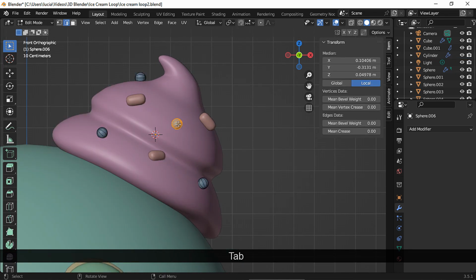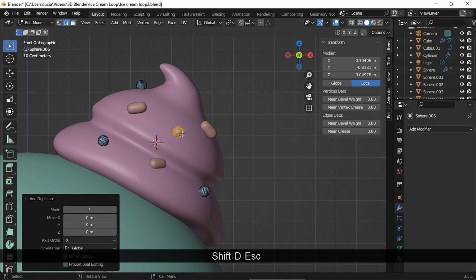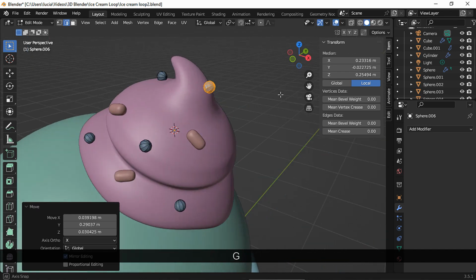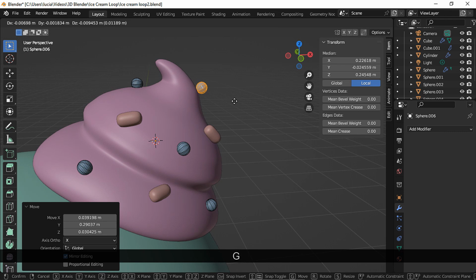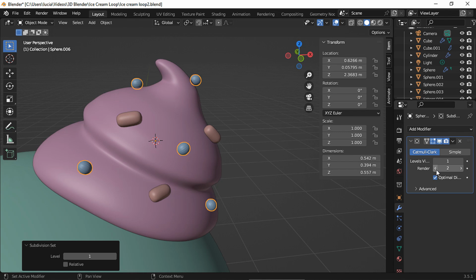And maybe we could add one more sphere at the top. Add a subdivision modifier and shade smooth.